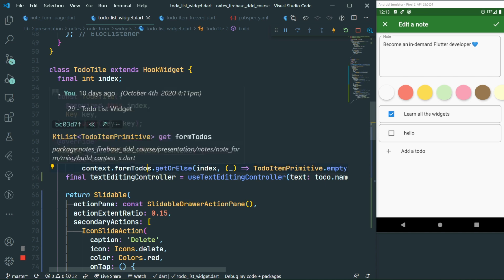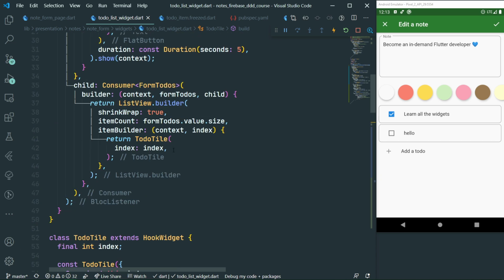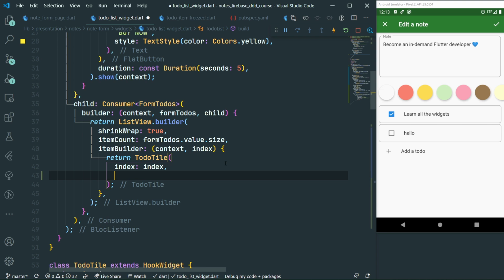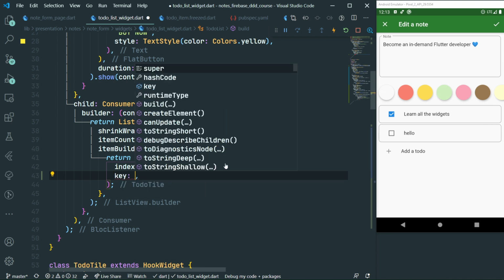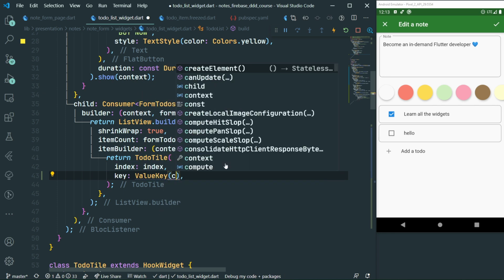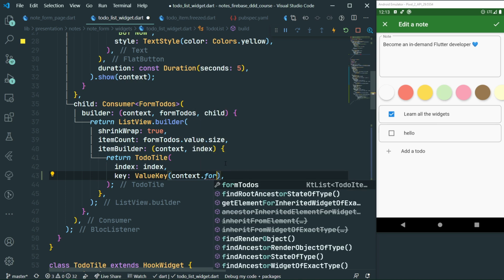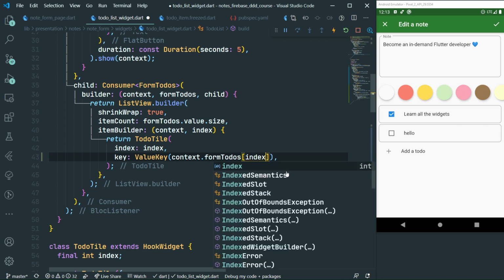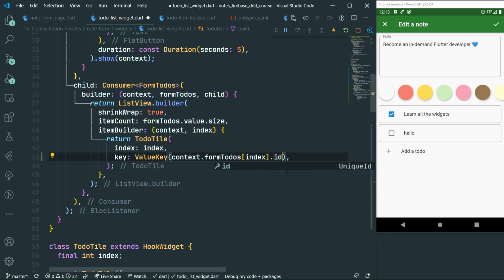I'm going to do the same thing, but here inside of the itemBuilder of the list view, because what I want to do here is to say that the key of the whole todo tile will be a ValueKey, which we are going to get from context.formTodos at the index, and then the ID